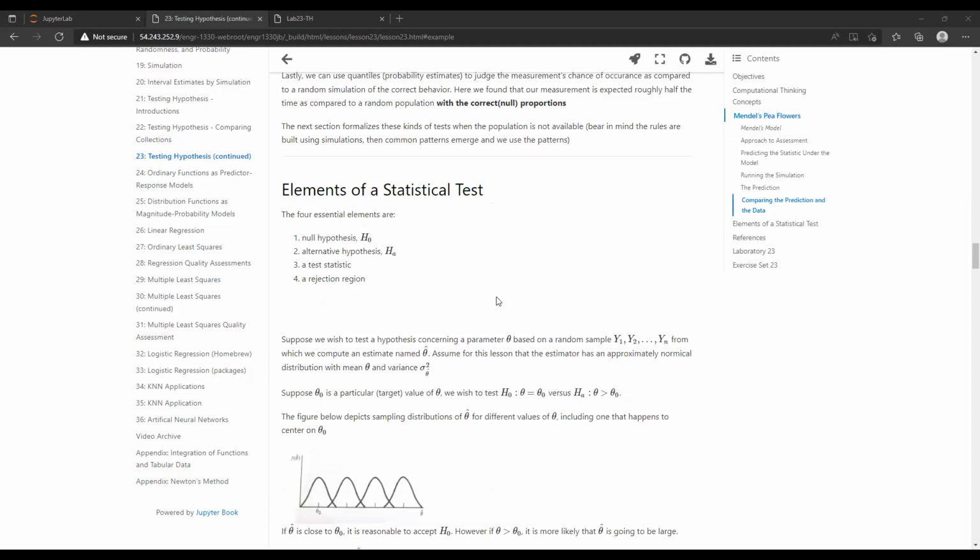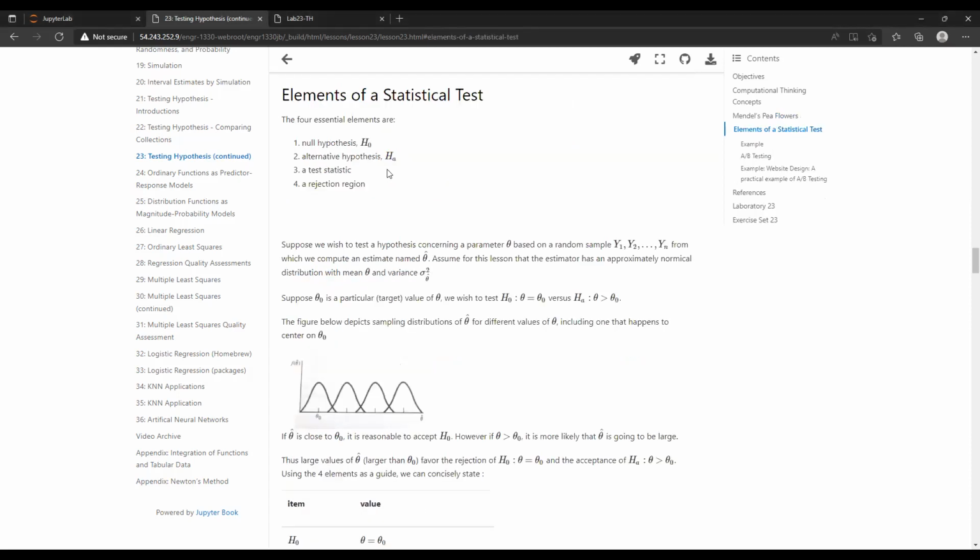Okay, so before we get into the actual lab, we're going to go through an example of testing hypothesis that's from the lesson. So as you can see, here's the link to it. The important thing to remember in almost everything, I'll say this in a scientific sense,